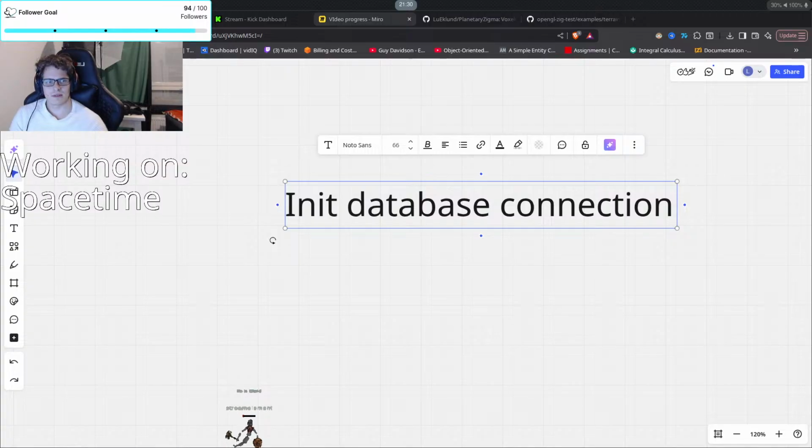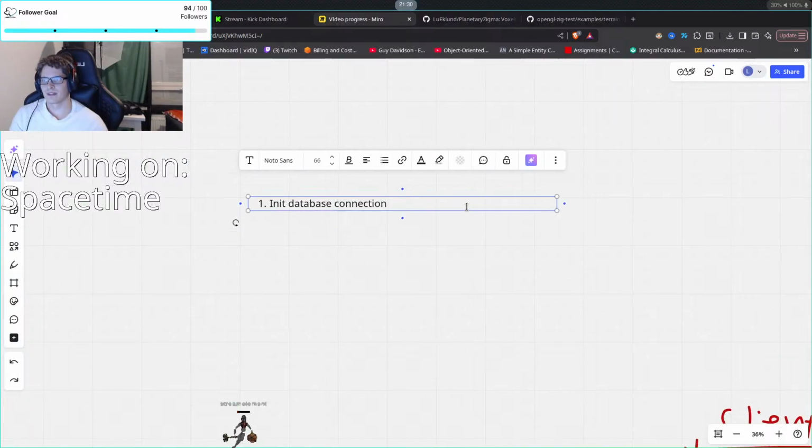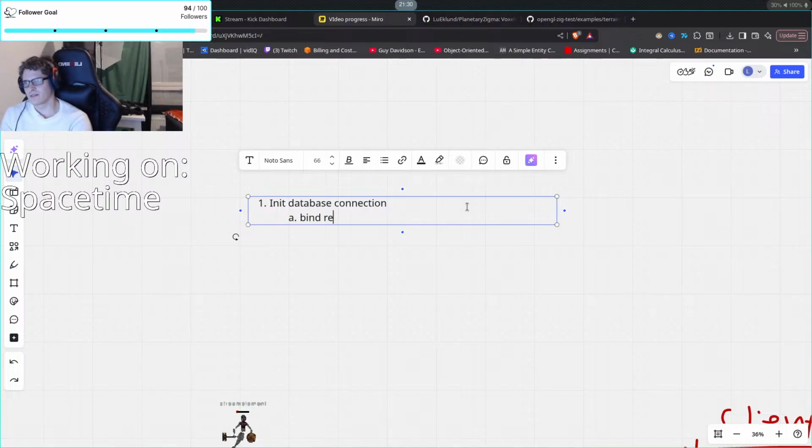Let's do numbers, I like numbers. Then it's gonna bind reducers, for example. And after that, it's going to bind reducer callbacks, whatnot.